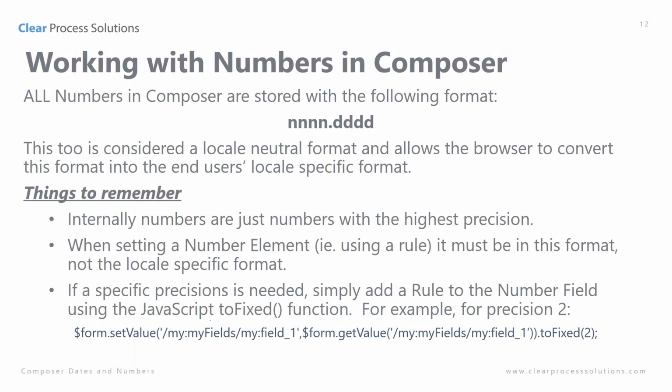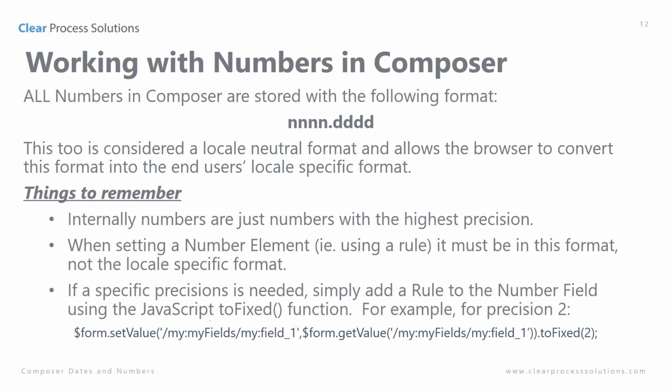So you may have a format on your form that says I only want to show 2 decimal places and I want to show 1,000 separator. Well, you'll see that, but internally you're going to see the number in this format up here, and it's going to store it in the most precise value as possible. So if you do need to have a specific precision, and I believe SAP sometimes requires that